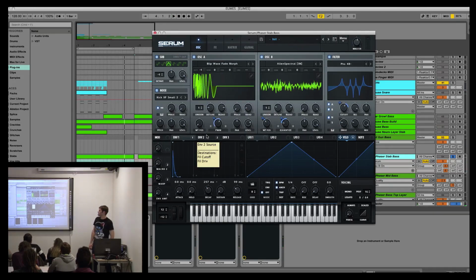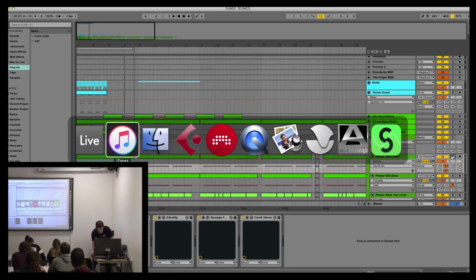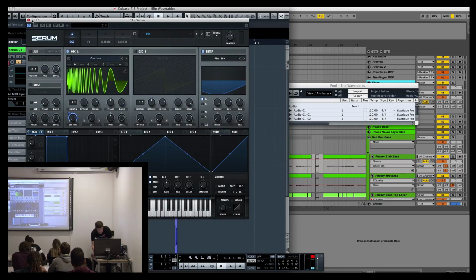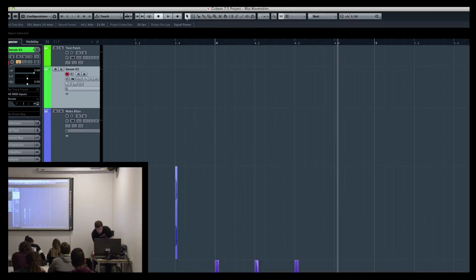So yeah, if you're going to create waveforms like this, try adding layering with something from the spectral menu. On this kind of tip, back in Cubase, after I'd played around with this wavetable that I made and got a bit bored of it, I thought it would be cool to try and